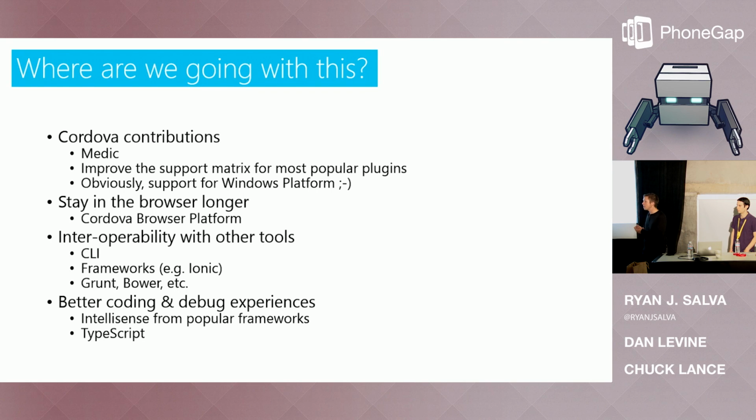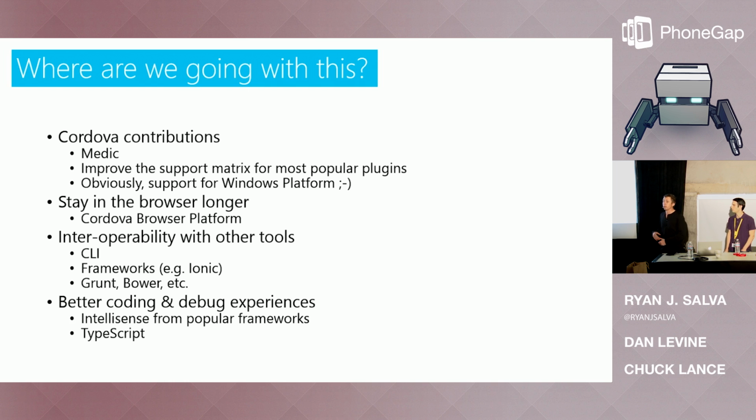Over the next 6 months, we also intend to invest considerably in interoperability with other tools. That means taking a look at the myriad variety of CLIs that are out there. Yes, there's the Cordova CLI today, but there's also the PhoneGap CLI. There's also the Ionic CLI. There's also, does Telerik in the back, do you guys have a CLI? Yep, they do. There's a bunch of different CLIs out there, and it's great that there's differentiation, but there needs to be differentiation based upon a standard, and so finding some sort of common ground with all the different tool sets out there in terms of a CLI is really important to us.